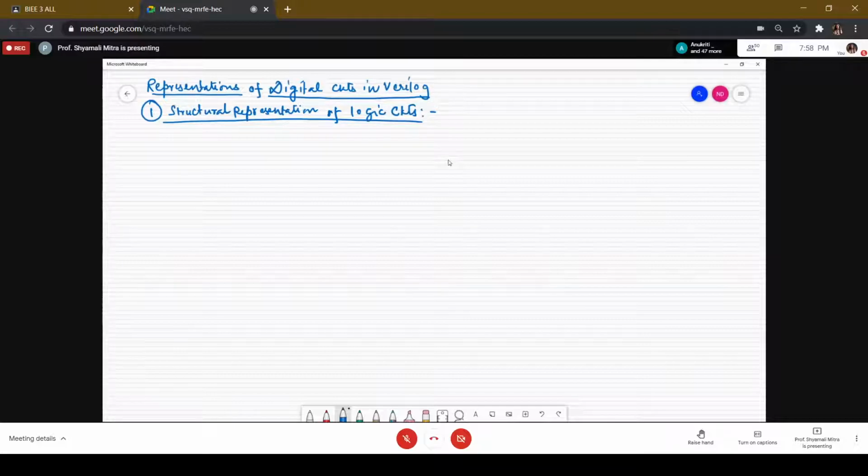A gate is represented by indicating its functional name. If we are multiplying two binary numbers, then we will write AND, which indicates multiplication. If we do logical addition, then OR. So these are the keywords for structural specification of logic circuits.